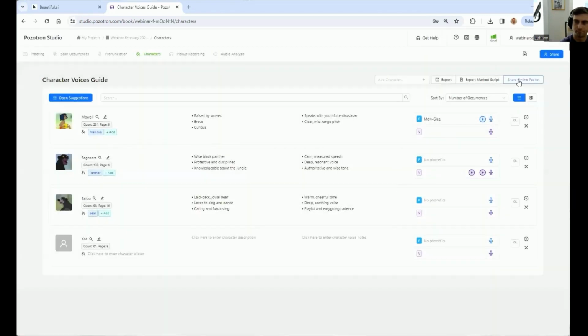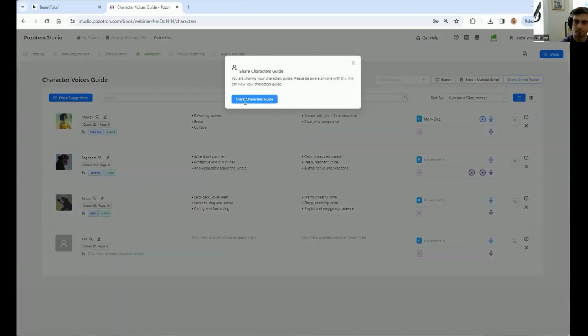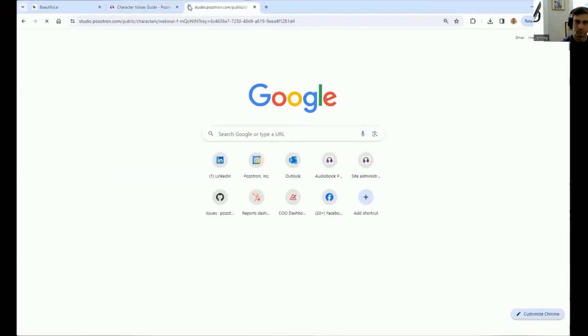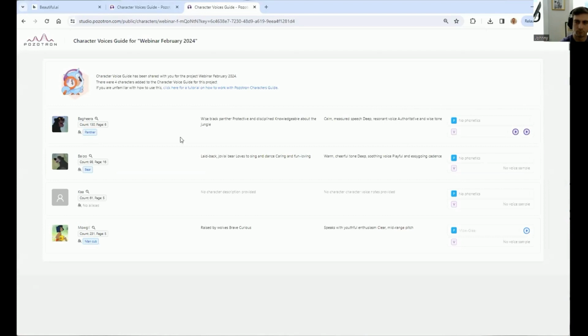However, we do also have the online packet, which is this button up here. That allows you to share a read-only version of the character guide. So here you could send this to your author, your rights holder, for example. They can come in, they can look at the details you've added, and then listen. I'm going to listen to my own voice here, which I never like. He's a man cub. They can listen to that and then send you a quick email back with their comments